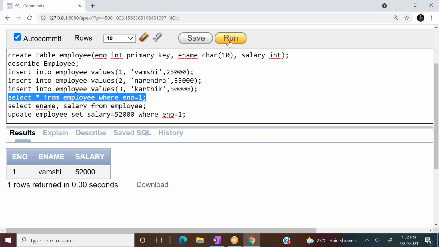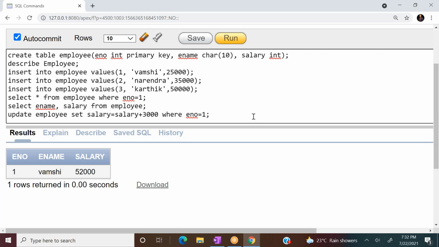And it is not that you have to directly change the values; you can write some expressions also. Suppose update employee set salary equal to the previous salary, which is 52,000, plus 3,000. Suppose I wanted that employee Vamshi is to be given an increment of 3,000.